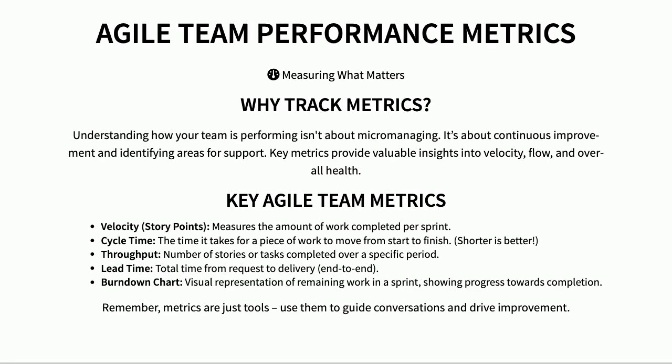Okay team, let's talk about how we can measure the success of our Scrum teams. It's not about pointing fingers, but rather understanding where we're strong and where we could improve. We look at things like velocity, essentially how much work we reliably get done in a sprint. Then there's cycle time, which is how long it takes for a task to go from start to finish. The shorter the better. Throughput tells us about the overall number of tasks completed, and lead time gives us the